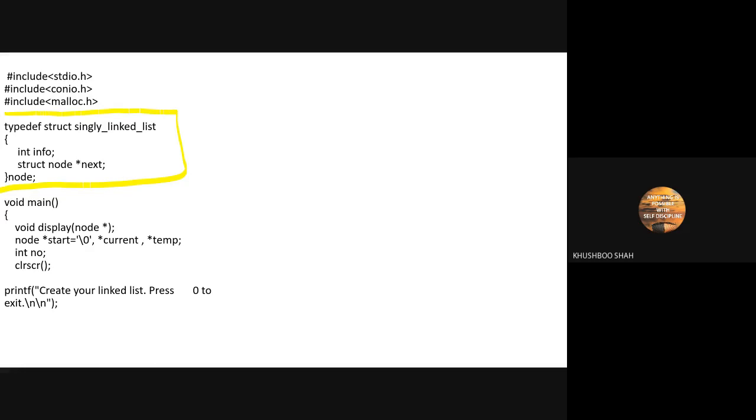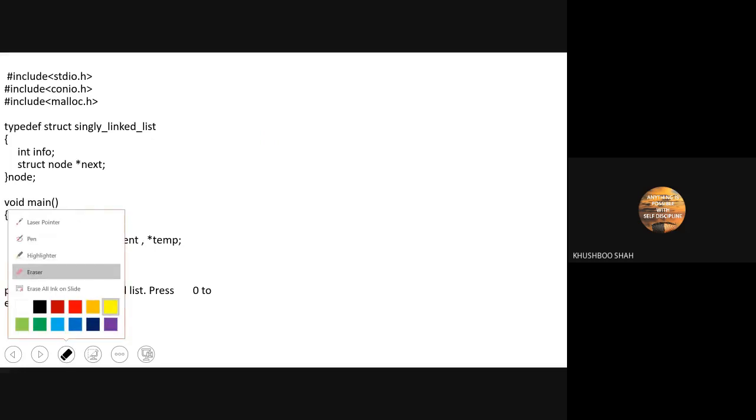What about other people? Guys, done? Yes, done, ma'am. Okay, good. So this is about the starting. Now there is a printf statement. Now what you have to do, guys, on one side of the page, just draw the console screen where you can write the output, because on this small screen I cannot show you all the things together. So whatever I am drawing here, also draw in your notebook.